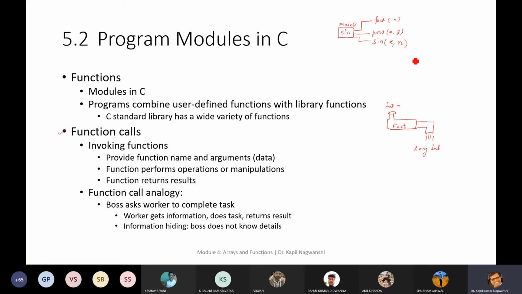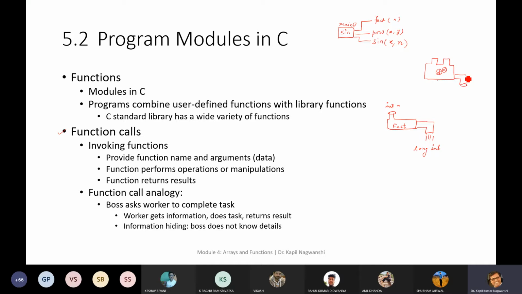Similarly, if you want to draw the power machine, then this is our power machine. It will accept two different values, which will be processed inside, and after processing it will produce one long integer value.